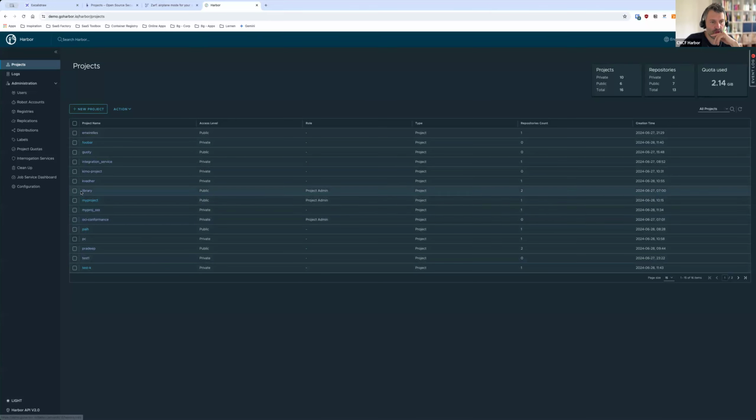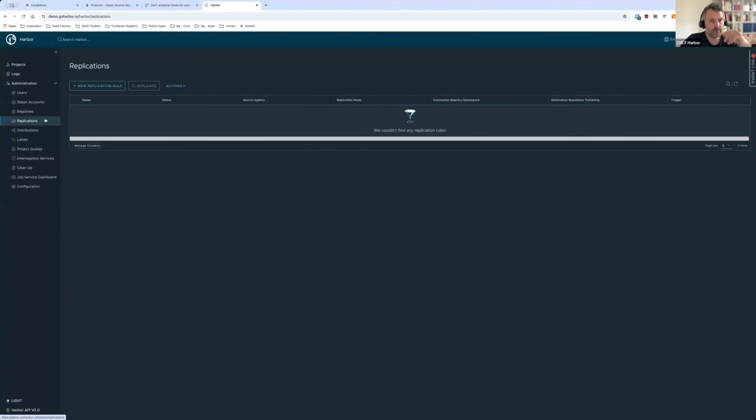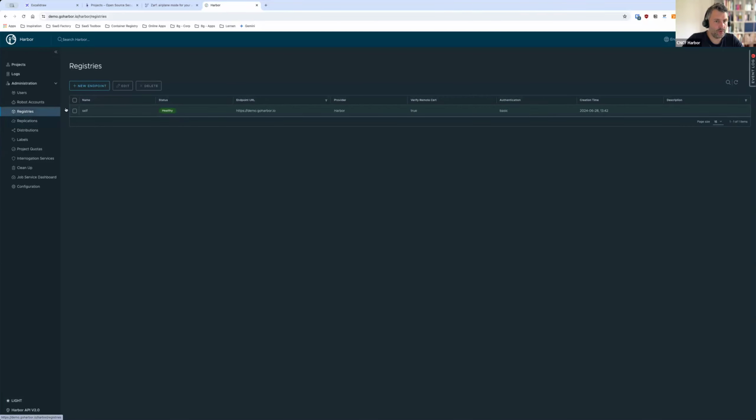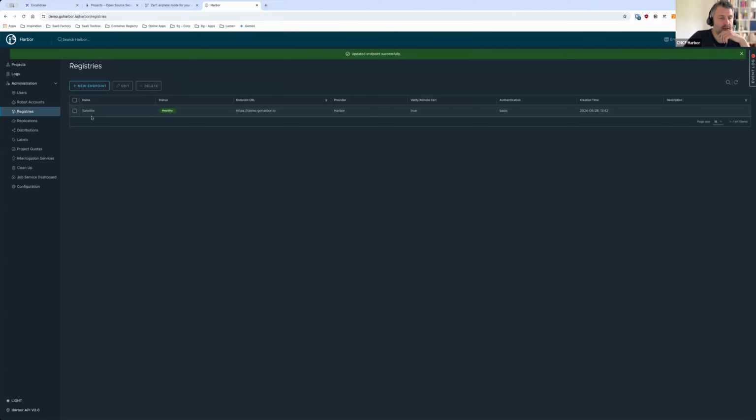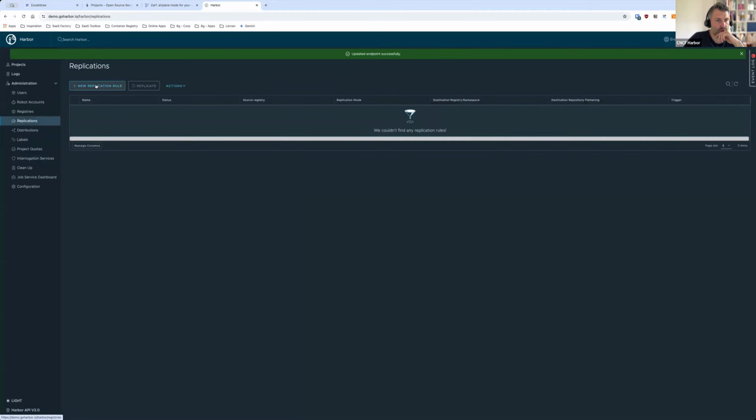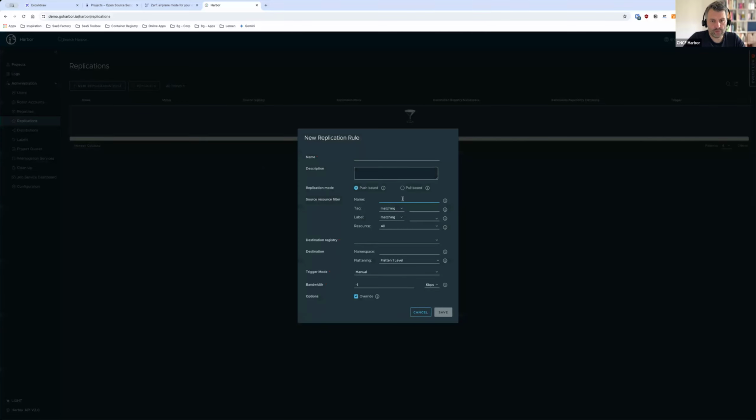And my intention was that you, for example, create a replication rule, right? And let's say I just call this a remote registry, like satellite, and we register a satellite as a registry here. And then we can create replication rules, right? So the replication rule involves the images that you would like to replicate. Library, and then project ABC,